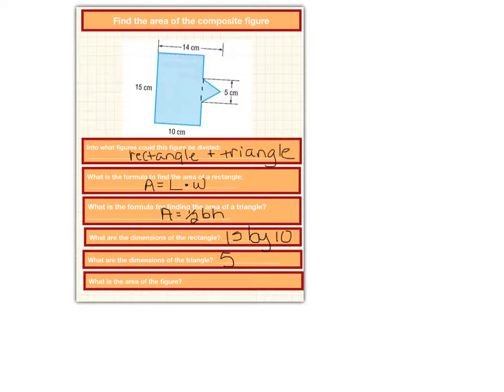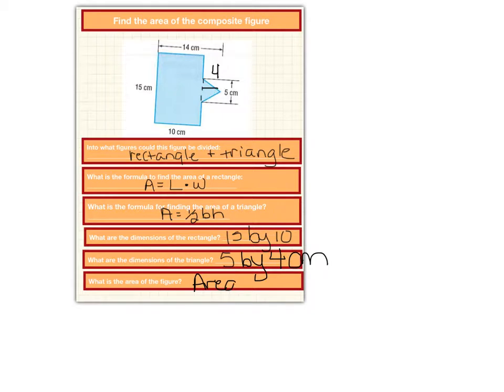So anyway, the dimensions of the triangle are 5. It looks like they forgot to put a piece of information in here for us, but the height should be, I'm going to put this in, 4. Okay, so 4. 5 by 4 centimeters. The area of the figure then should be, we have to find the area of a